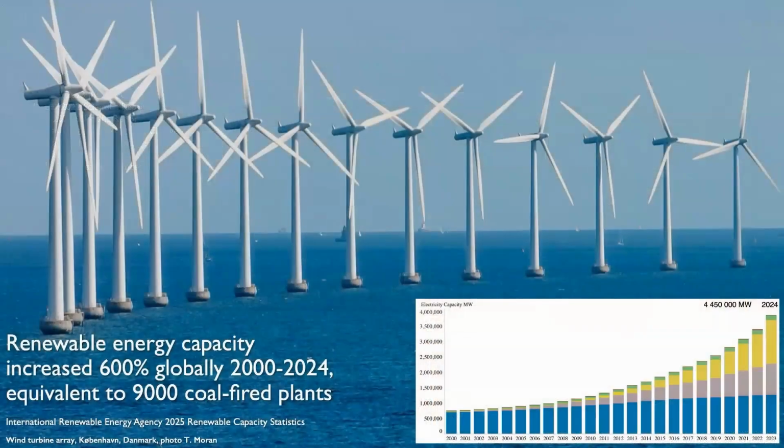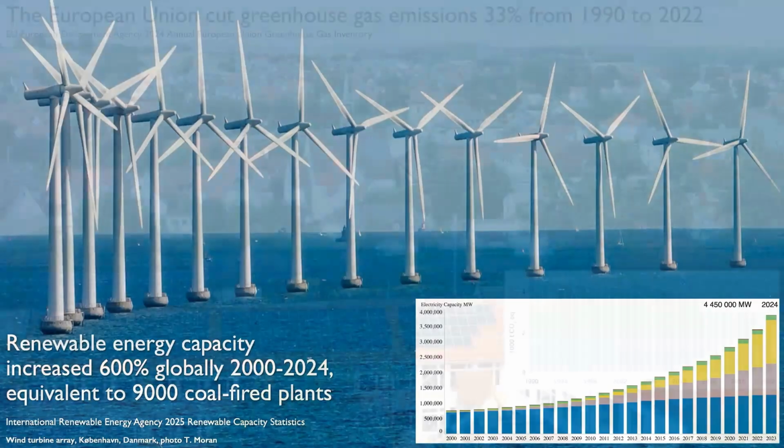Okay, renewable energy. Now I'm going to start with a lot of the good news. So since 2000, we've installed so much wind, solar, and other renewable energy that we've increased renewables 600%, equivalent to 9,000 coal-fired plants. So since 2000, enough renewable energy that we've avoided needing 9,000 coal-fired plants. And that, of course, is a huge